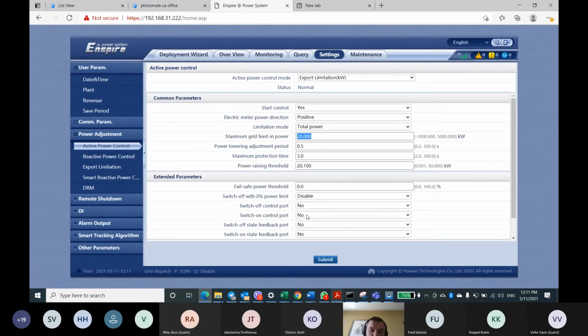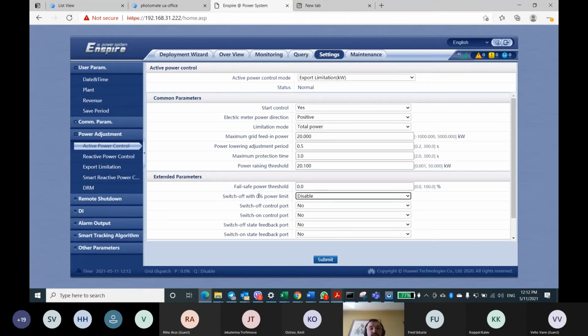In this case, if you enable this function, the Smart Logger will send a command to the inverter to switch off. So if it loses communication with the power meter, it will switch off the inverter, because you can produce much more energy to the grid than needed. You also need to ask your grid operator how to act in this case if you lose communication with the meter.